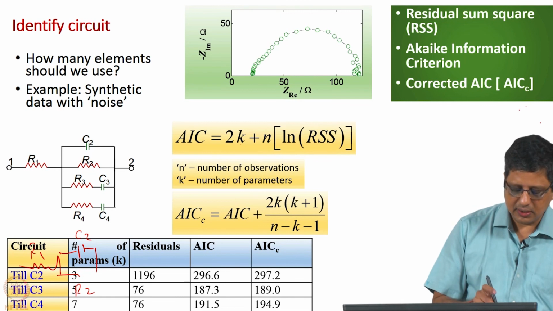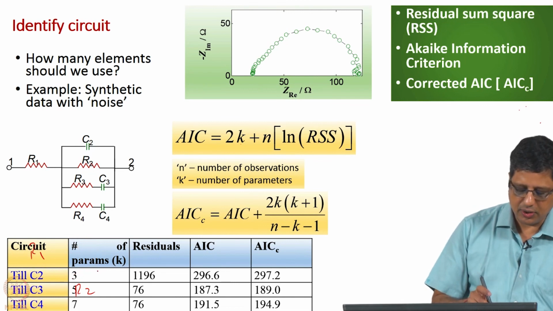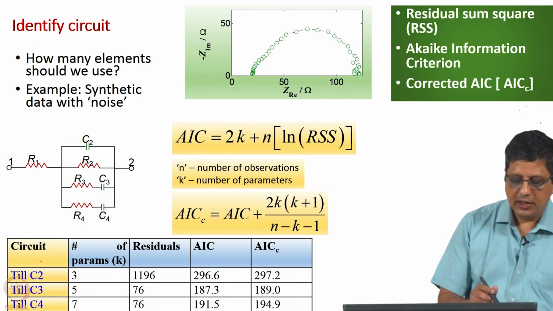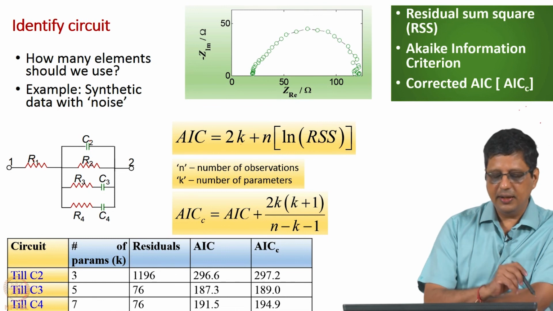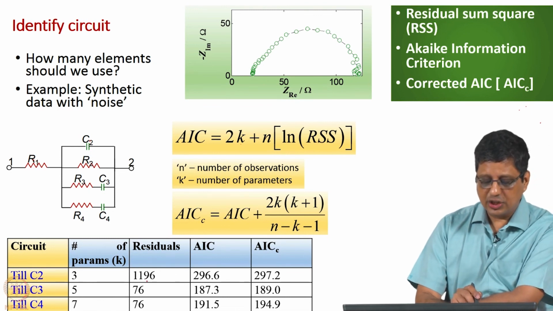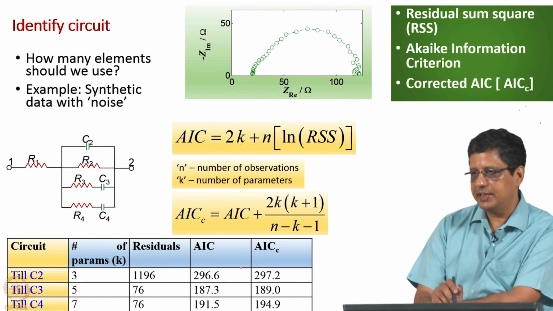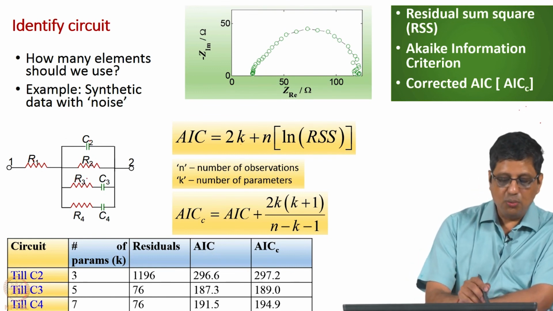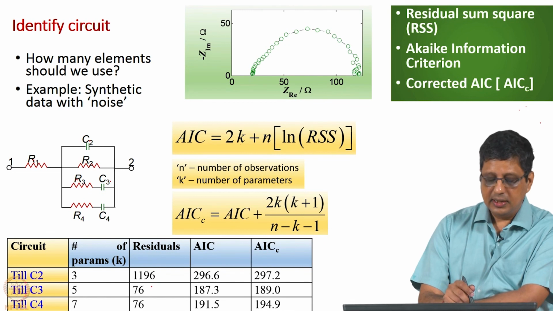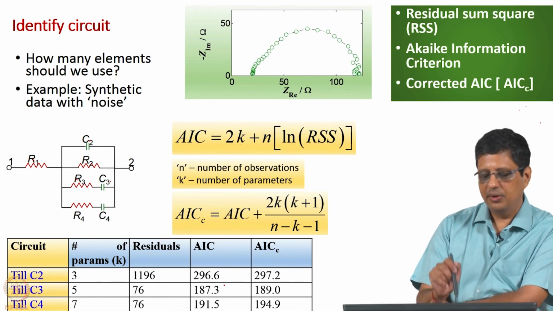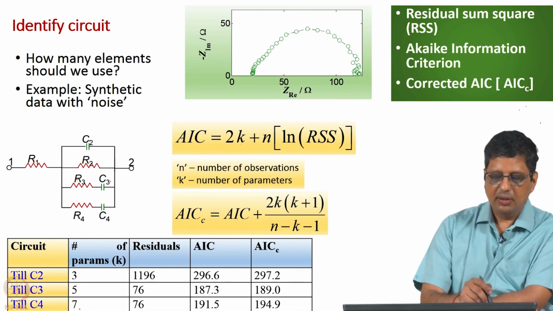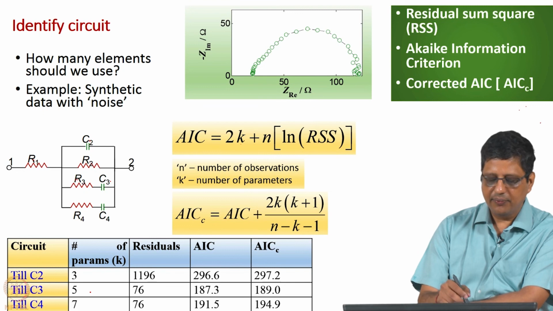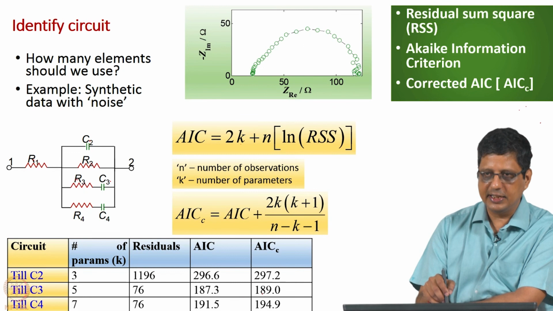And if I use this, I want to show you here that if I use this only until C2, you have 3 parameters R1, C2 and R3. Residuals are large and you get some value for AIC. If I add 2 more, it becomes a 5 parameter model, there is a drastic decrease in residual and AIC is low. If I add one more pair, you have to trust that I have done the calculation correctly. Residuals are more or less the same, but the AIC is increasing now.